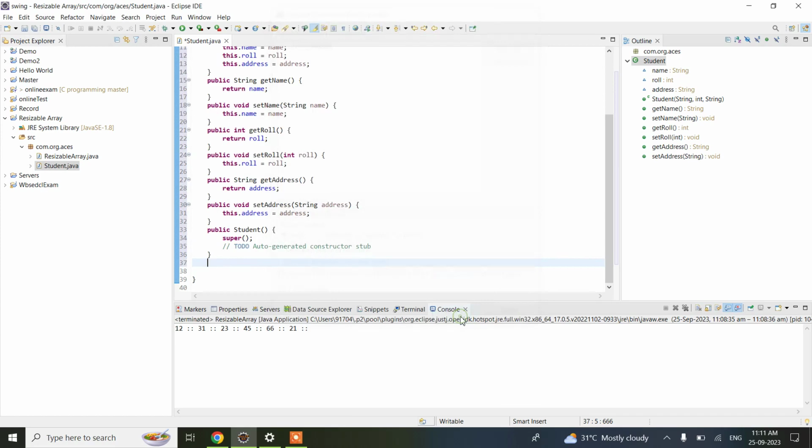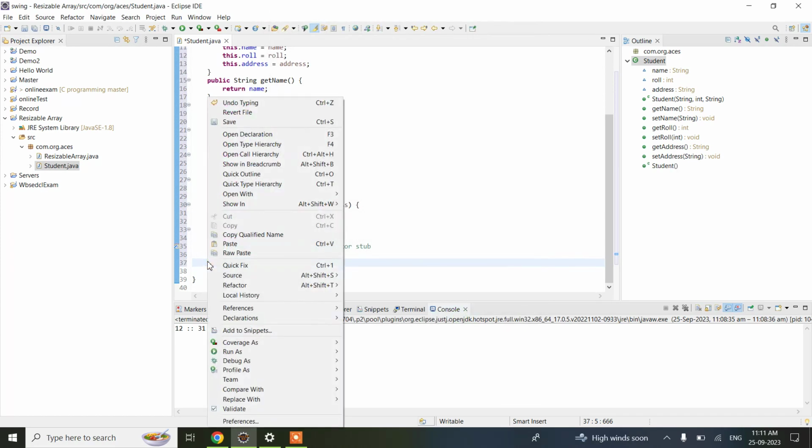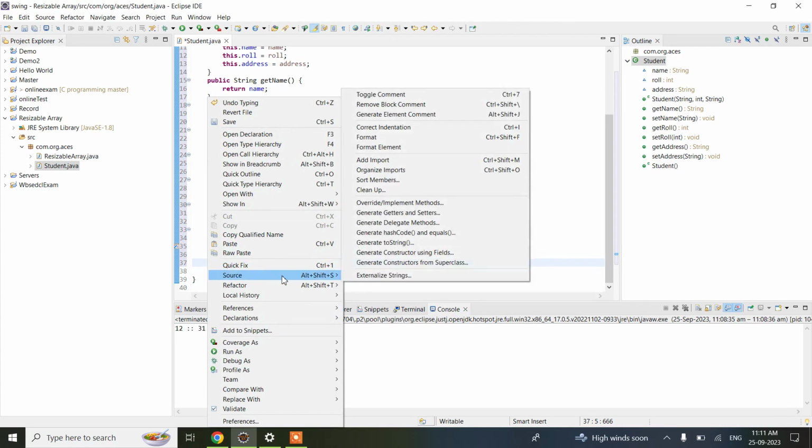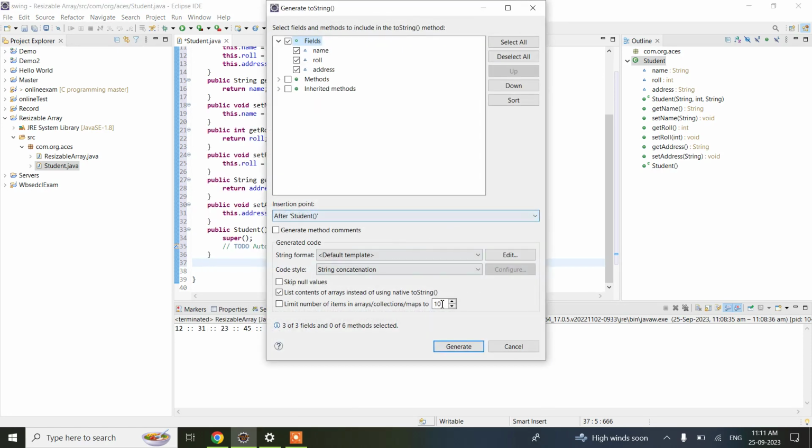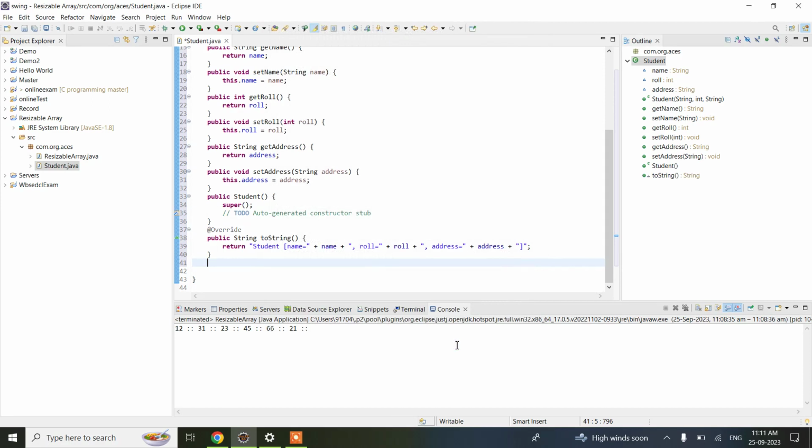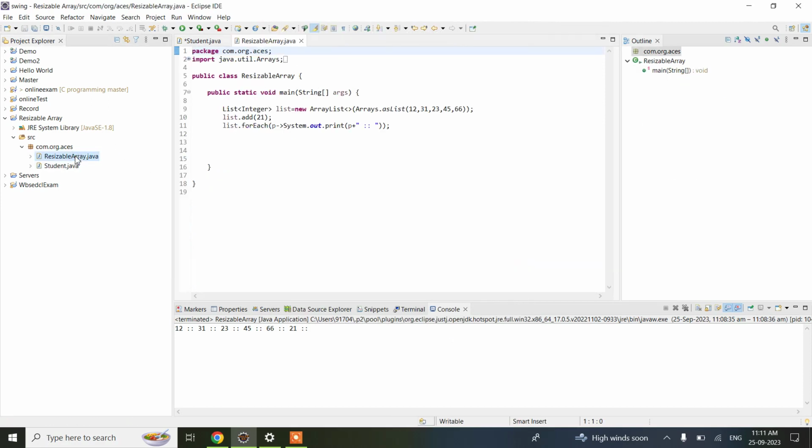And also we will be requiring a toString method if we want to print all of the student objects. If we create a student object and we want to print it, we will be requiring a toString method. So I will be moving to generate toString to print the name of all those objects. So far so good. Now let me move to resizable array, and now let me comment out all these sections,